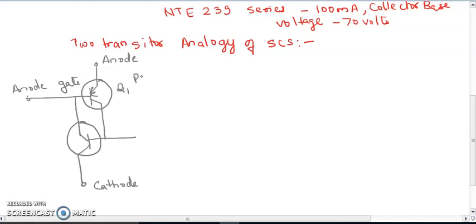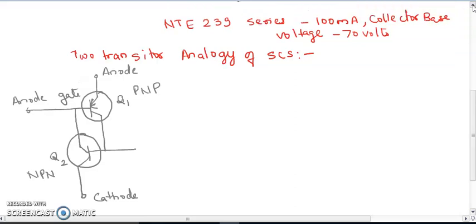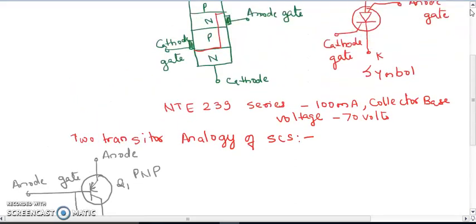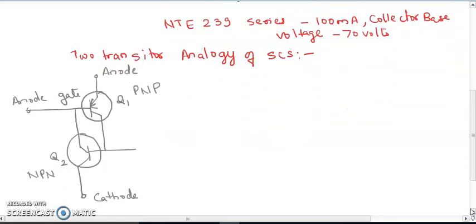So Q1 is your PNP, and Q2 is NPN, which is just now shown split into 2. This terminal is the anode gate and this terminal is the cathode gate terminal.